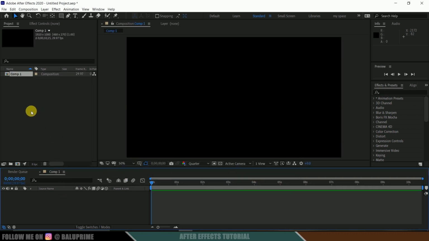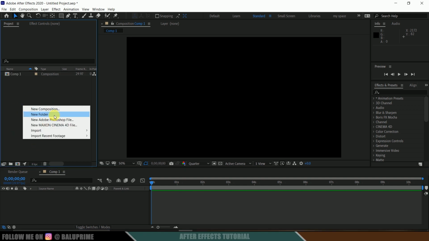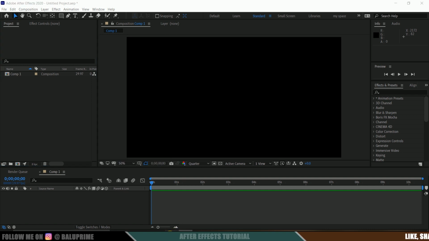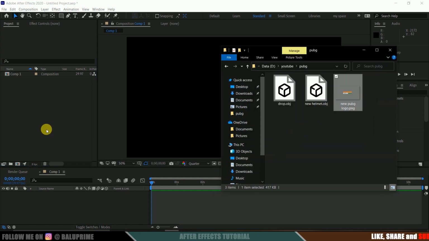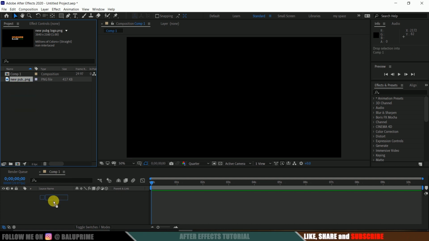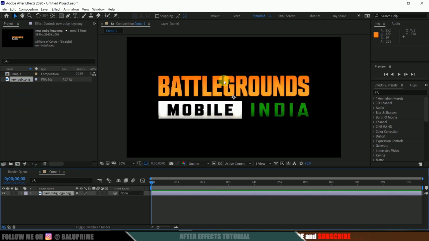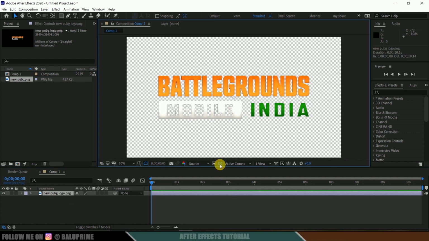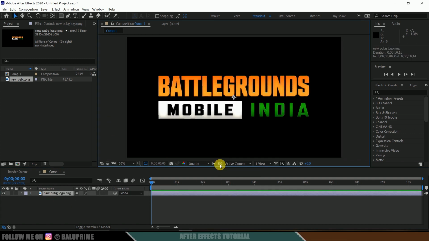So now let's import our PNG file onto this project panel. Right click on this project panel, import, select your file, or else you can directly drag and drop your file onto this project panel. So let me drop this again onto the timeline here. This PNG file I have downloaded from Google. This is a PNG file with a transparent background,